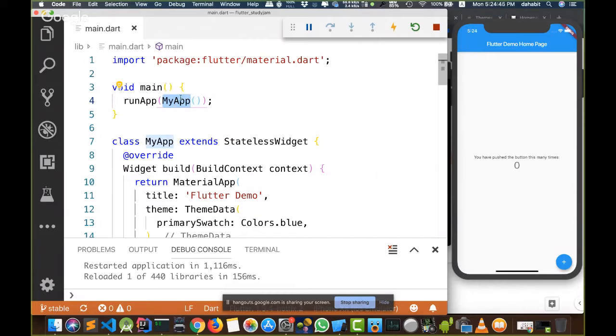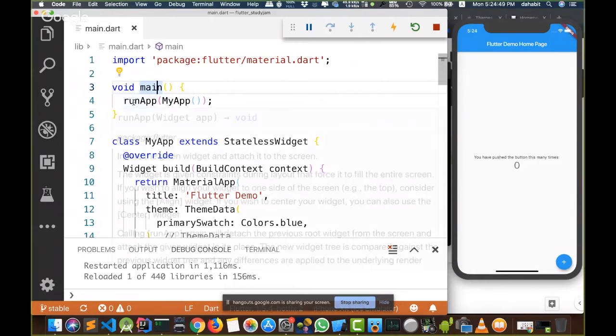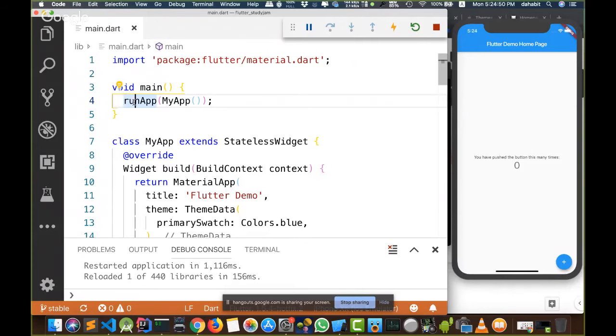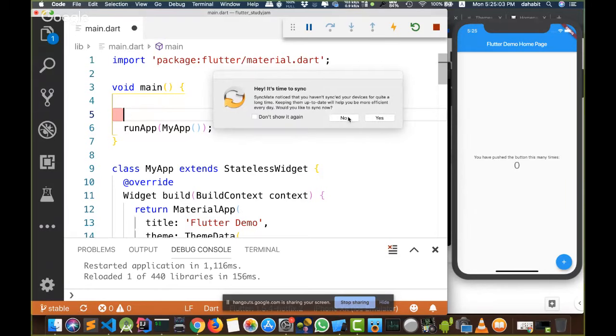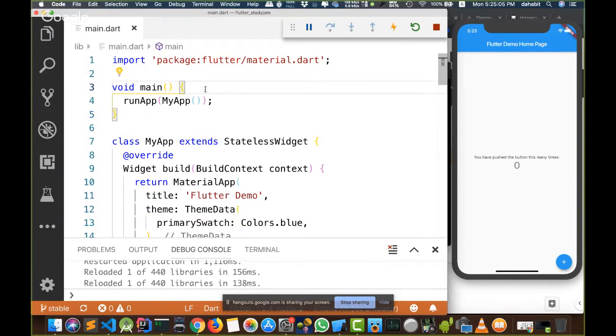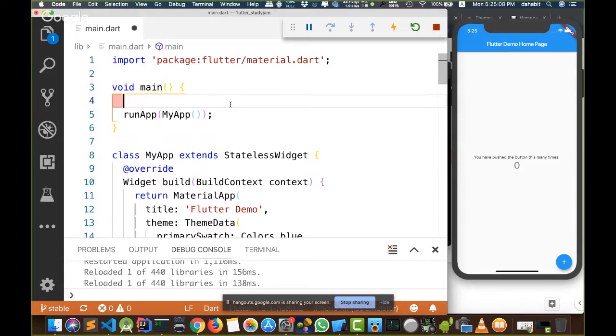And if someone asked me why there is main and after that there is another method called runApp, in many cases, sometimes you need to check some user settings, for example, which language the user is using, or you need to check some security permissions or some important information before running your application.